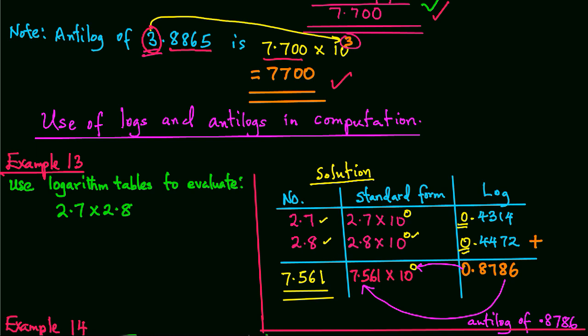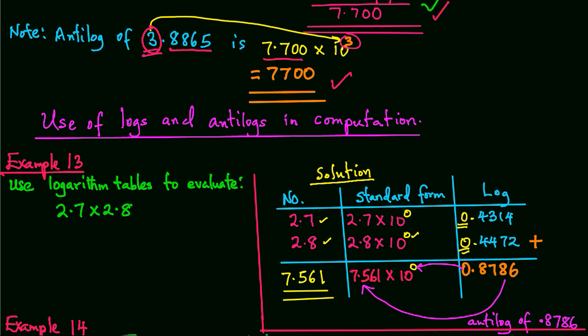Now, we have seen previously that if the bases are the same, that is from the first law of indices, then we need to add the indices. So in this case, as we had mentioned, logs are powers, and therefore we add 0.4314 to 0.4472, which gives us